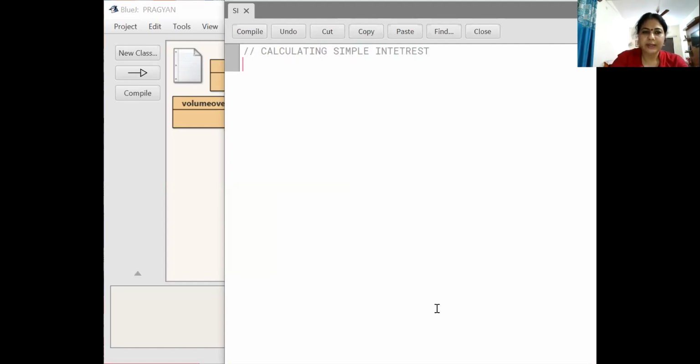Okay. Then public, in small lowercase. All the commands and instructions you should write in lowercase, don't use uppercase. Wherever you need to write any letter in uppercase, I will inform you. So public, it is a keyword, it should be in lowercase. Public class, then SI, simple, I am writing. Okay. Then I have to give the curly braces.